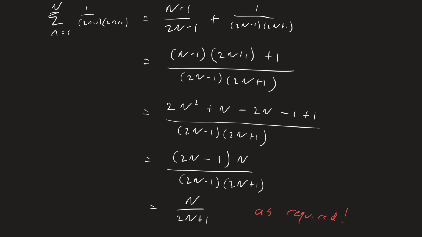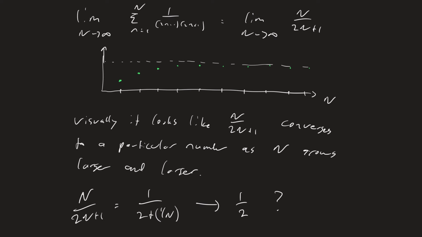And then we expand out the brackets and we simplify, and we get that indeed this is equal to this. And therefore, by induction, we know that this sum is always equal to this for any value of n. If there's any confusion, then go back a few slides and have a look at how we motivated an inductive proof. We're not yet finished because we don't want to compute this finite sum, we want to compute its limit